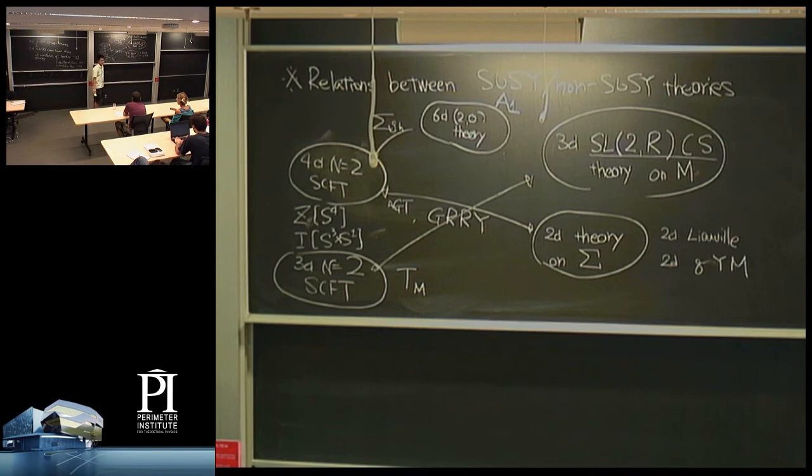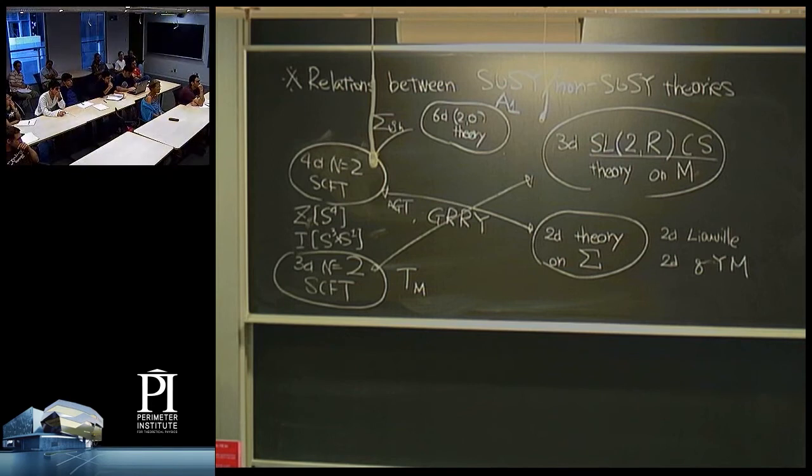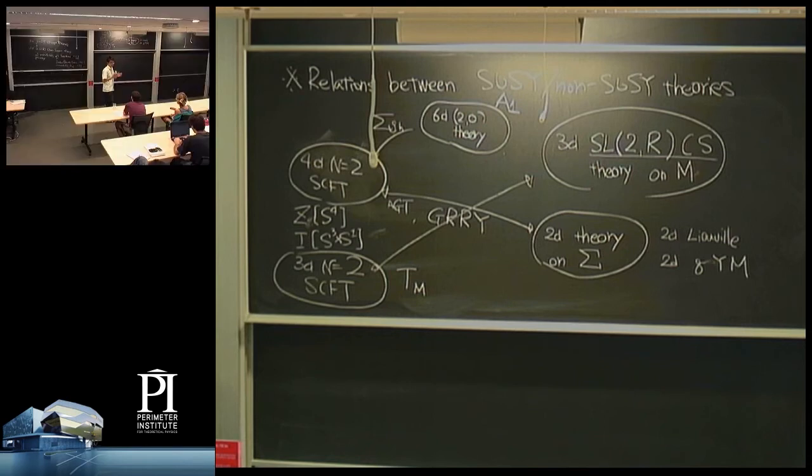Is M closed and compact? Not necessarily closed, actually. It can be open. And so it has a boundary? Yeah, it has a boundary. In general, it's not infinite. So for example, the prototypical example we talk about is the Riemann surface times an interval. So it has a boundary at the endpoints of the interval. Or we can consider more complicated knot complements, for example, or the manifold obtained by gluing tetrahedra, etc. But anyway,